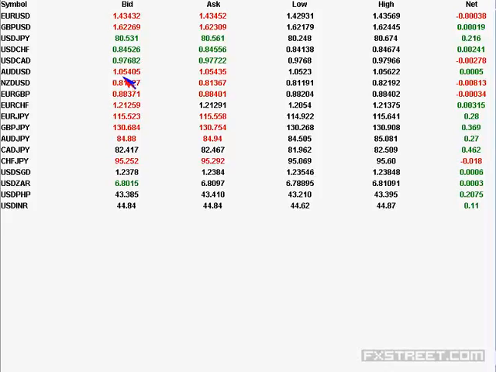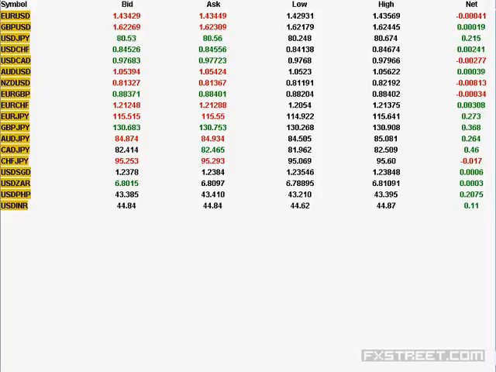So the Australian dollar is currently trading around 1.0540, 1.0543. 1.0523 is the low, 1.0562 is the high. 4 pips positive net change is seen. So altogether you come across very subdued moves during the start of the day, and almost 5 hours are over from the start of the day, but still you come across very little swings in the market. Probably because of the holiday, people are hesitant to commit positions here, anticipating no big moves in the market.